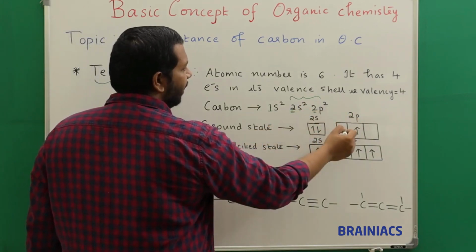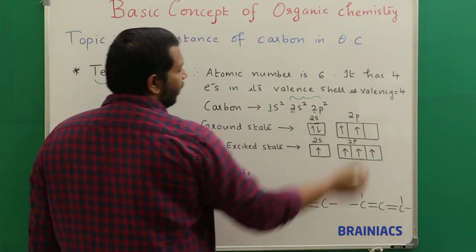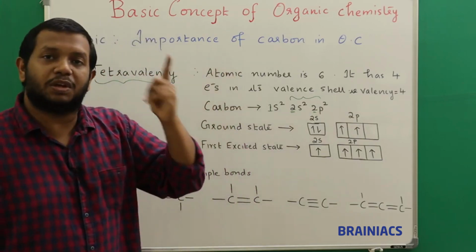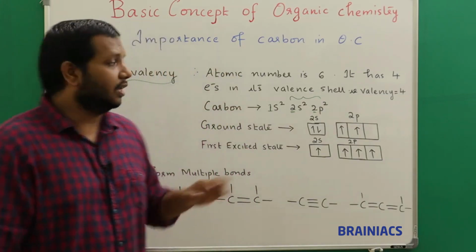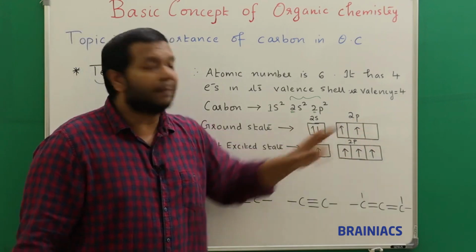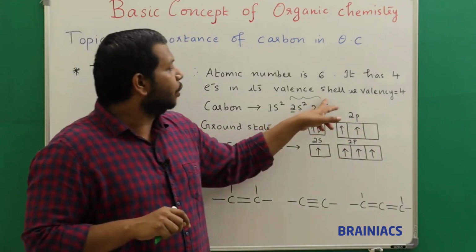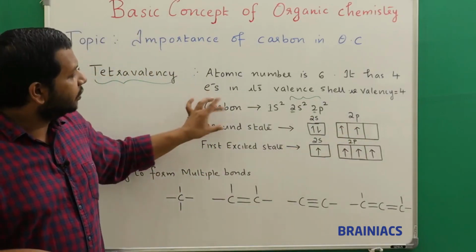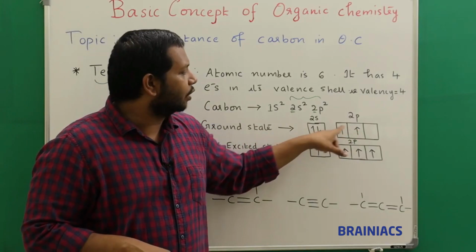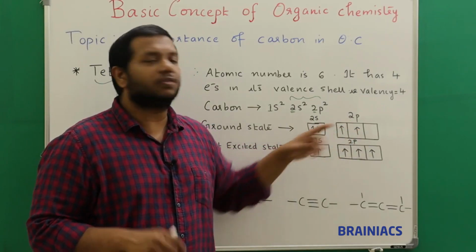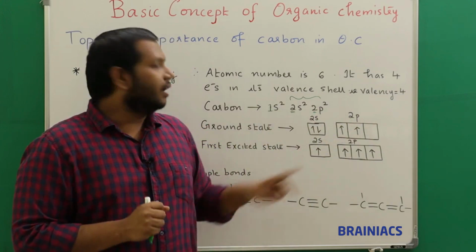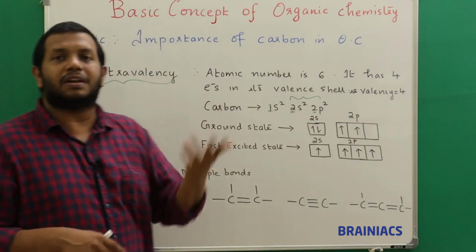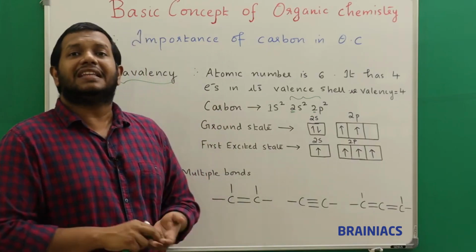The ground state configuration of carbon has 2 electrons in the 2s shell and the 2p orbital has 2 electrons, 1 electron here, 1 electron here. Actually the p orbital is of 3 types: px, py, pz. This we learn in atomic structure. One orbital can hold a maximum of 2 electrons. Since only 2 electrons are present here, in the ground state configuration it can share only 2 electrons. You can see these are the 2 electrons which need pairing, or it can share.